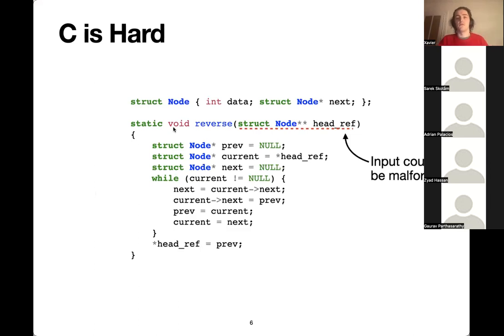So there are plenty of traps that we can fall into when we're reasoning about C code. To start off, our input could be malformed. We could easily have issues like a null pointer here, or data which is more deeply ill-formed because the C type system only provides us with very basic guarantees. And similarly, in C, of course, we can have cyclical references to our pointers, right? So we can have two pointers which point to each other, which means that simple common C idioms like using a null pointer to mark the end of a linked list will fail to terminate if we ever pass a circularly linked list to those functions.